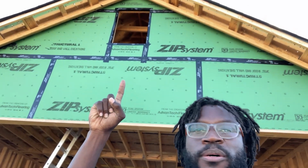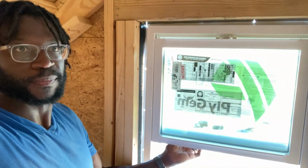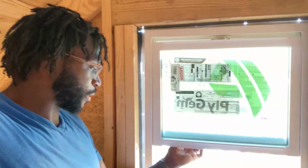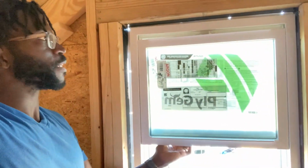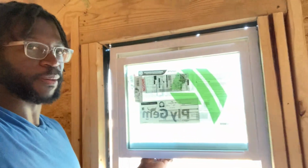gonna install that window. It came over because the brick layers are kind of finishing up, and I didn't want to hold them up from installing this window, because this window needs to be installed before they could finish bricking all the way up the top of the garage gable. So I caught myself trying to get ahead of the game, get out here early so it doesn't slow them down. But it looks like